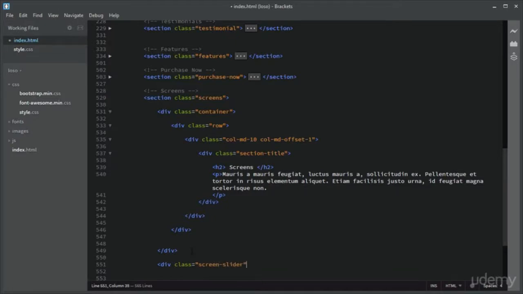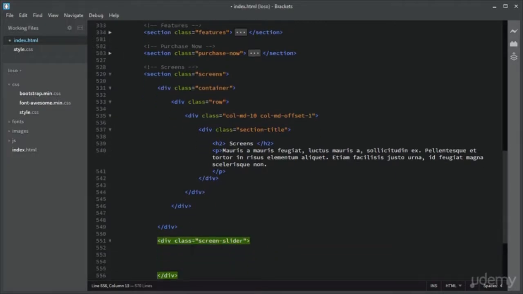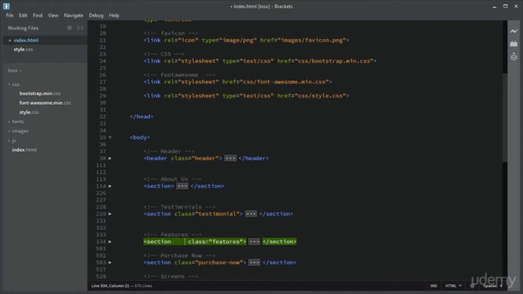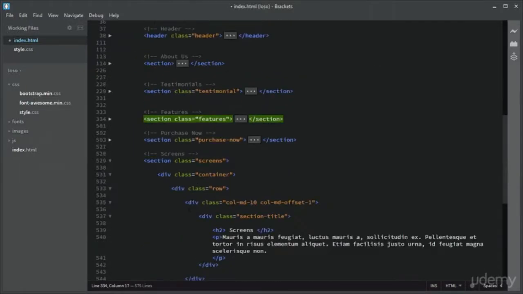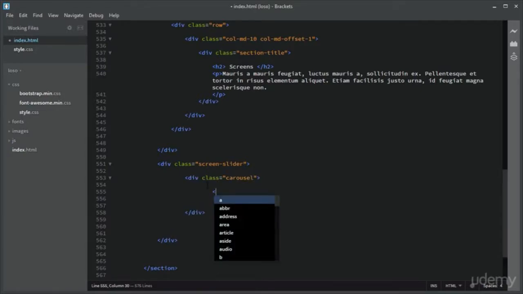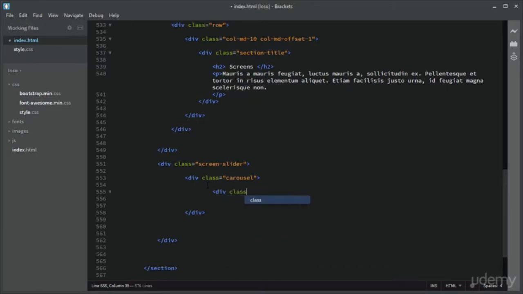It will be screen slider, and inside that let us say a class of carousel, and inside that I need to add div class of item,